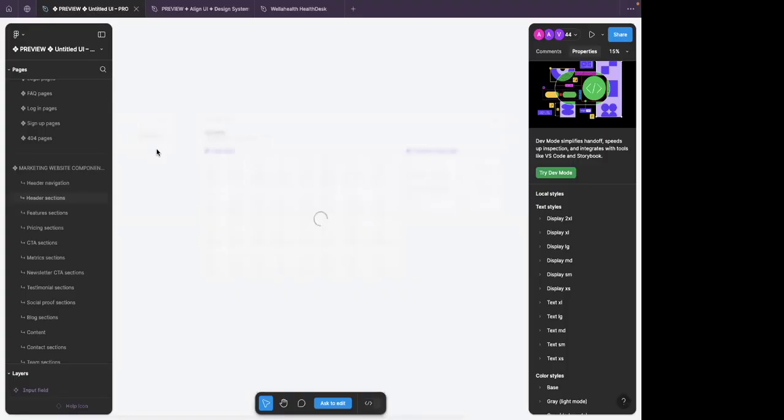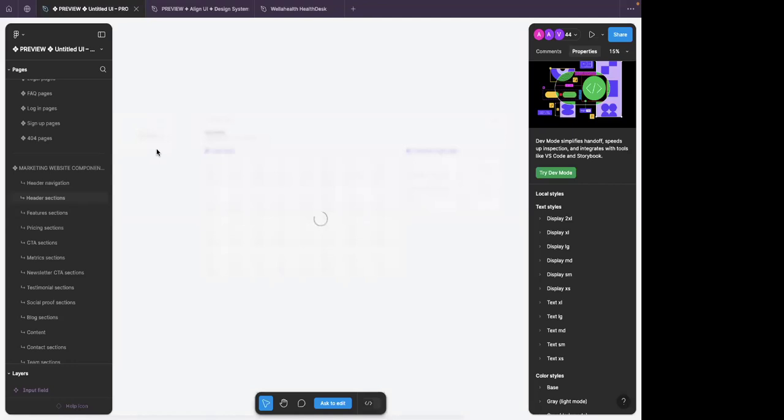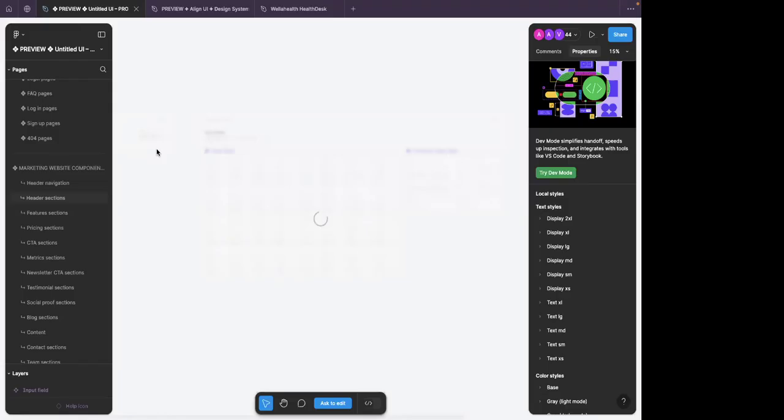So, on this section, your hero section to your support section, all of those have the system. In a web section, I'm going to bring up and show you guys. You have 25 styles for